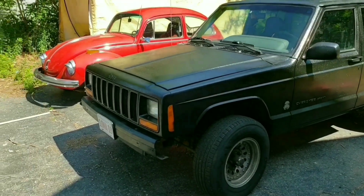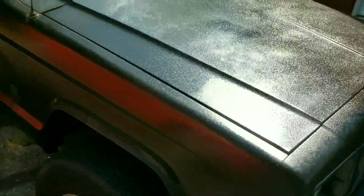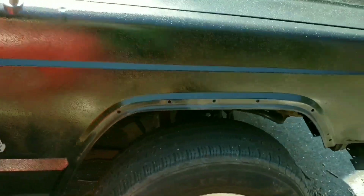All right, here we go. Let's keep going. Update. I'm going to show you one side to the next. Actually, I'm going to start on this side. And you can see it's all dusty. It's a little dirty now, but that's all right. You can see where I'm going with this thing. You see that stormtrooper there. So you remember